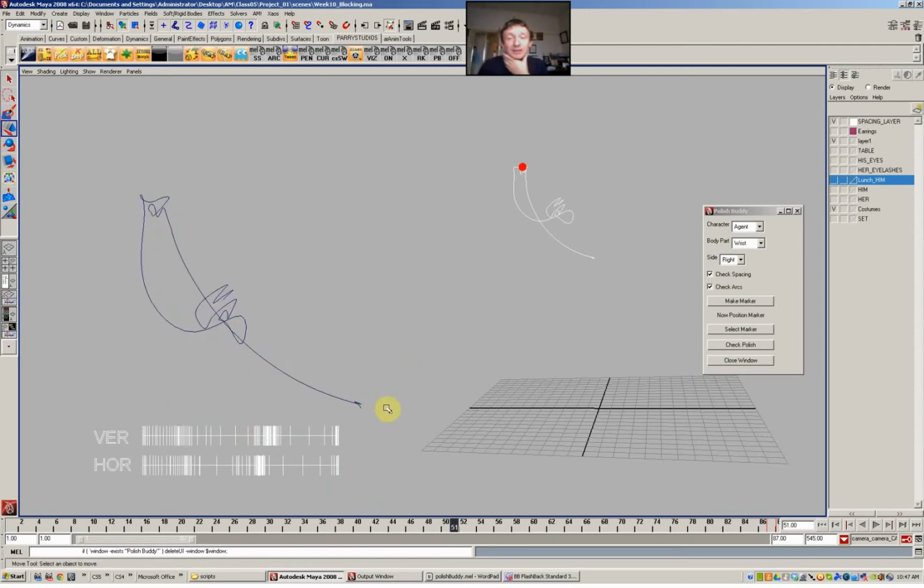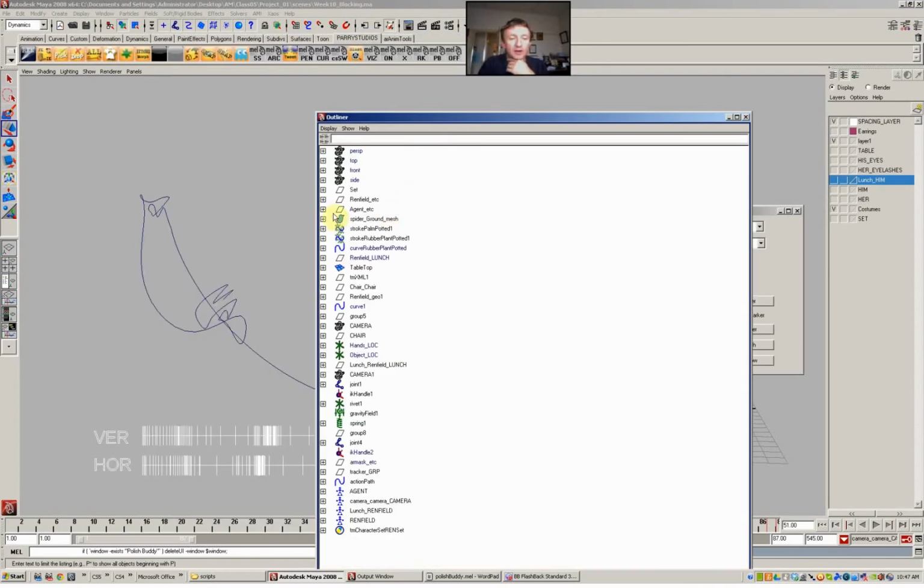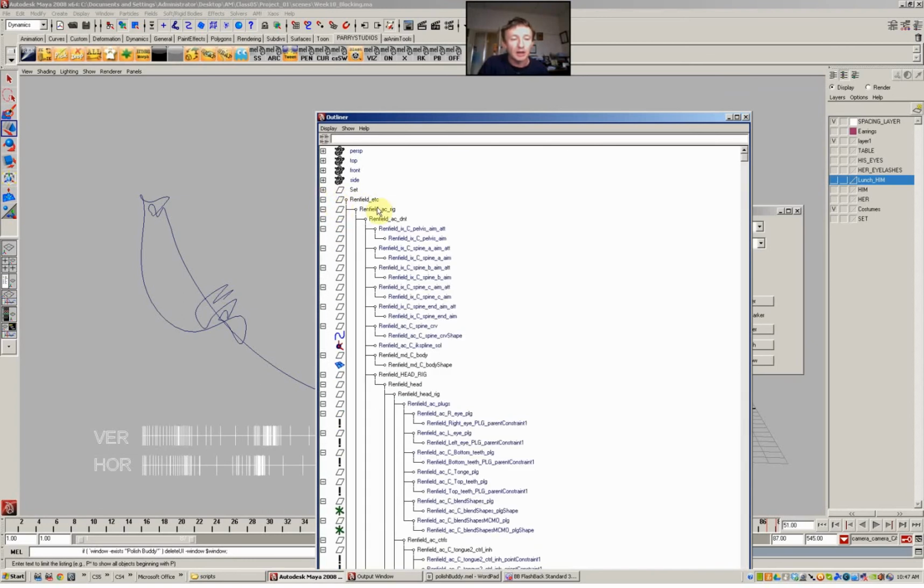I can't guarantee it's going to work everywhere. I haven't tested it on anyone else's files, but if you're interested in trying it out, I think it largely depends upon the way you've set up your character as well. In mine I've taken the time to use a rename function on my character. So say for example with Renfield here, I've gone through and replaced every instance using the Comet rename script, every instance of Bishop with the word Renfield. So I've got an absolutely